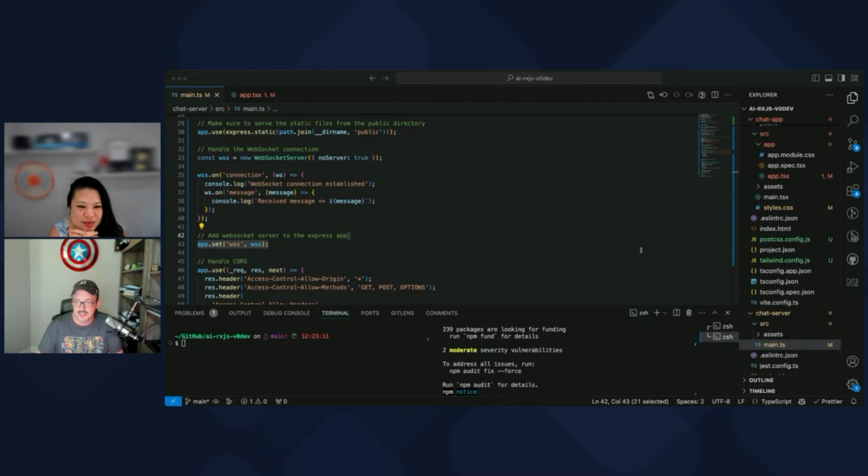Let's see. So we've got the app and we've got an HTTP server, app.listen. Interesting. How to set up a WebSocket server with Express. Sorry, I'm looking this up really quick.